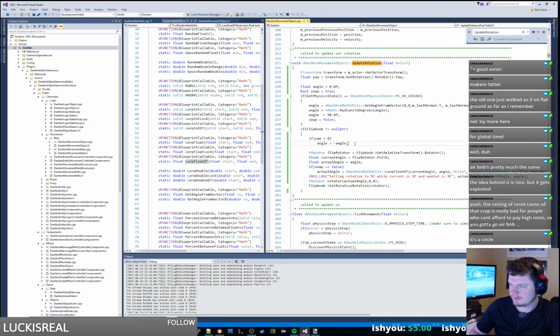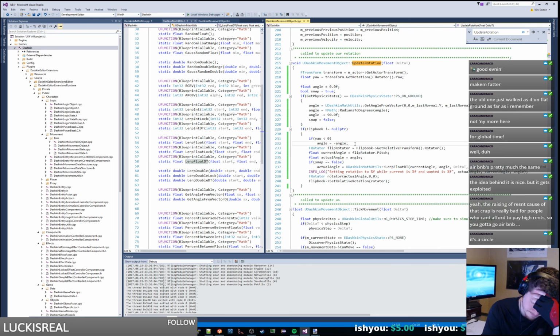So snap was true. Okay, now the next thing is, we want this to be quite a bit faster for the change. But I don't want it to be super fast. I basically want it to be, like, we want it to be really fast. So this is 90 degrees per second. What if we just upped it